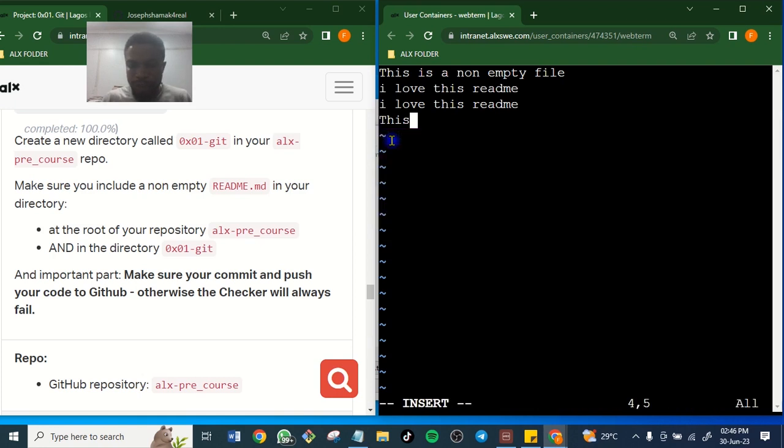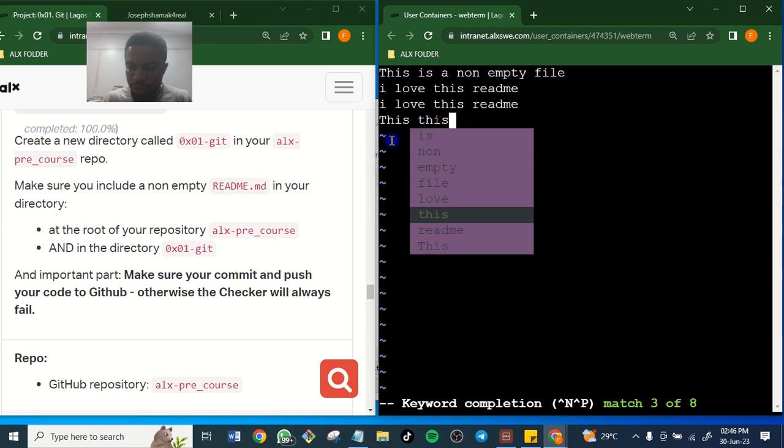This, then space, Control P again. See, I'm writing it. The reason why this is useful is when you are writing code that is very long, with long lines of commands, and you don't want to keep rewriting them.